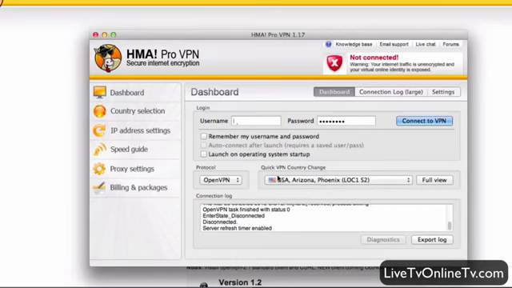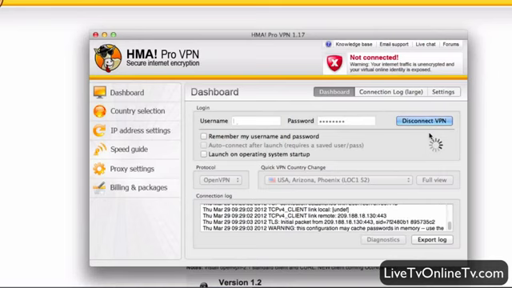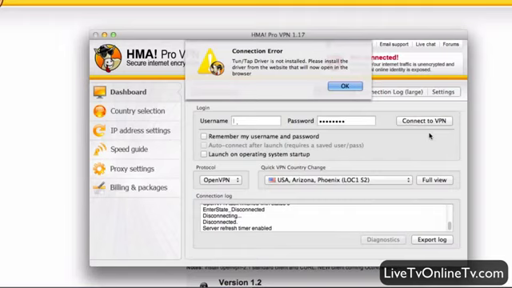Let's try to connect to, let's just take this server here and connect. Since this is the first time, I know it's going to come up with a small error because I apparently need an extra program to run it here on my Mac. I'm not sure if it's on every Mac or if it is the same on Windows, but as you can see here, the TunTap driver is not installed. You just click OK, it's going to refer you to a new home page where you can download and install it. I'm just going to do that and then I'll get back.